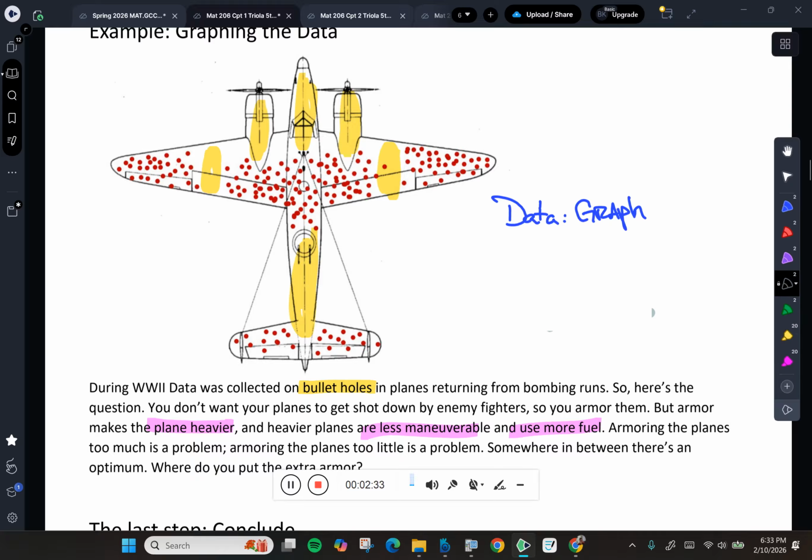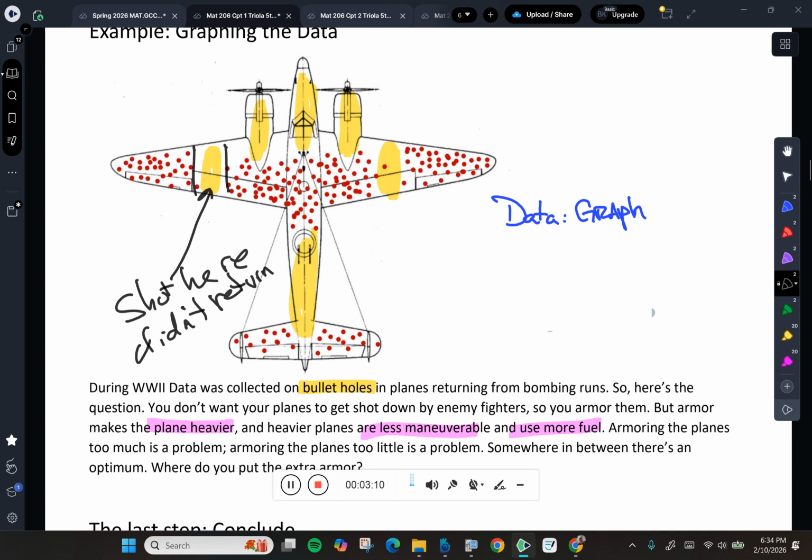there's this thing called survivorship bias, where we are only seeing the planes that got shot but made it home, and that the missing data in these sections right here means that if a plane got shot there, it didn't return, or meaning it was shot down. So anywhere that I've shaded yellow on this, where there's no data, means that that's where